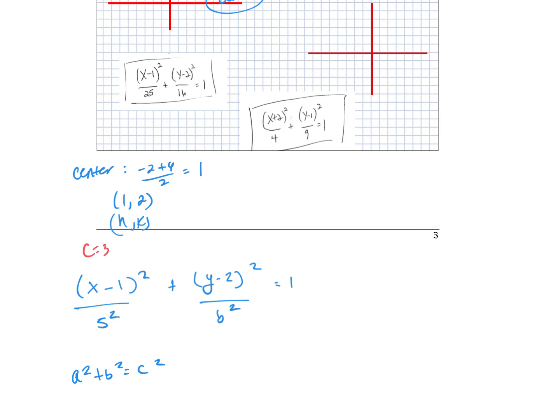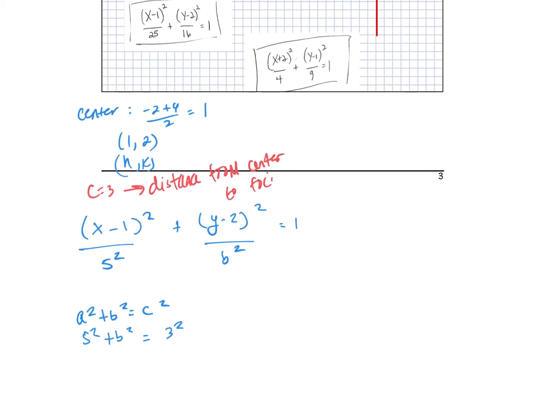C equals 3, which is the distance from center to foci, either one, right? Plus and minus 3 we go. So the c is 3. So we know 5 squared plus the b squared, which is what we don't know, is equal to the 3 squared, right? So therefore, b would be equal to the square root of